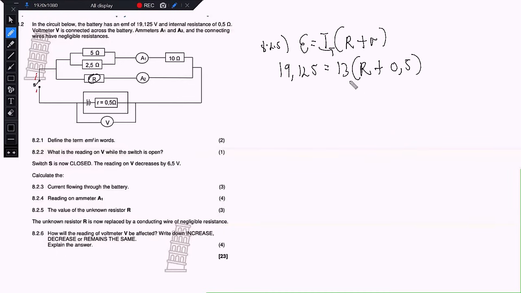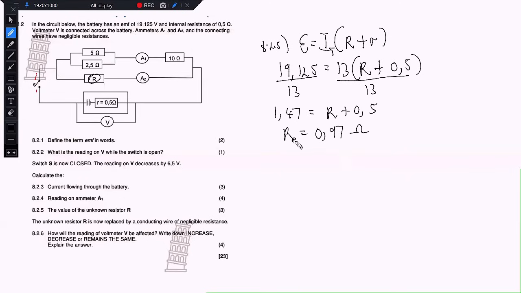0.5. Now, in order to calculate this, we need to divide both sides by the total current. And then if we divide those, we get 1.47, and then we have R plus 0.5. If we transpose the 0.5, we now have 0.97 ohms, right? So this is our